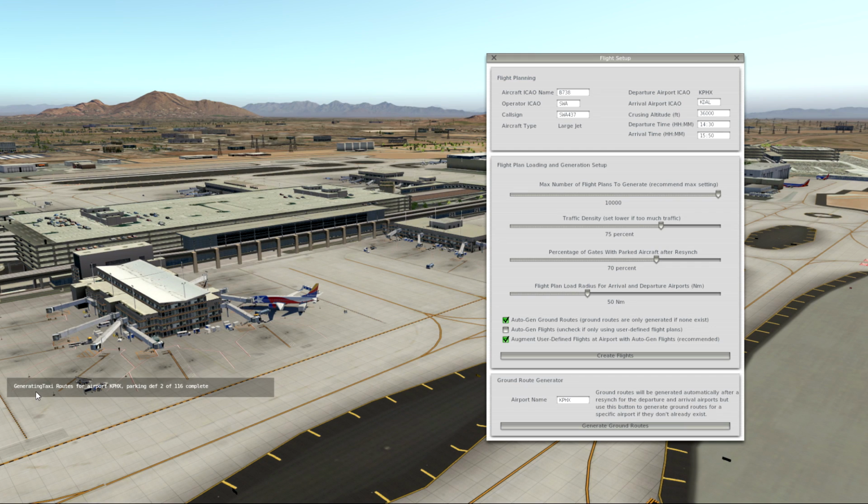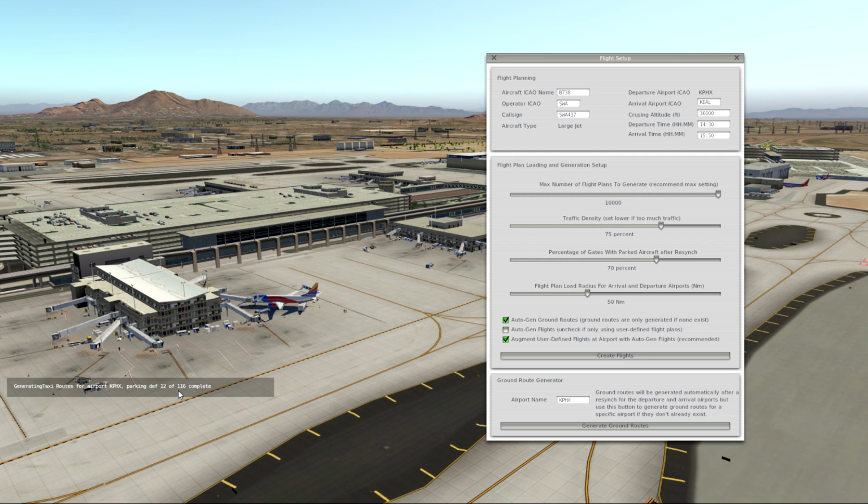So we're going to see a progress right here. There's 116 gates that I've defined at this airport. The original airport only had 20 gates set up by Nimbus. The rest of them were just designed to look pretty. So I went into the AFCAD file and set up all the rest of the 116 gates. And then I assigned all the appropriate airlines to each one of those gates so that they would spawn in